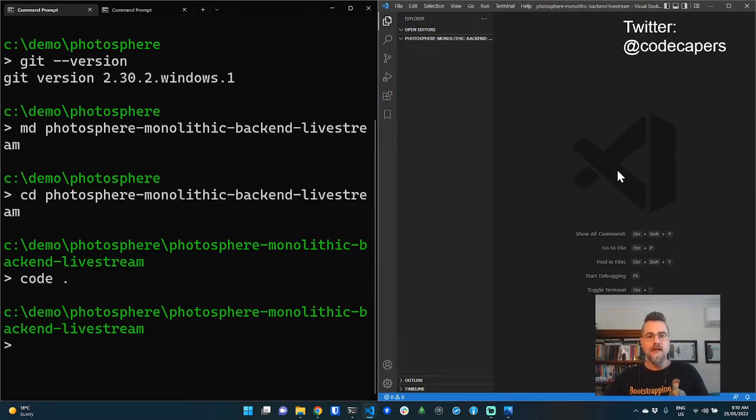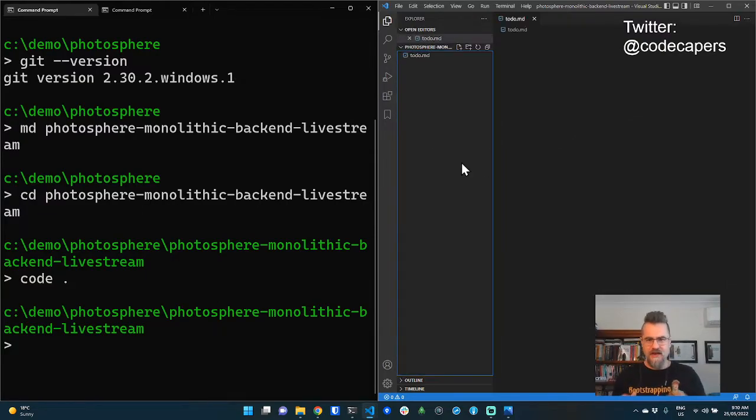Now, I think the first thing I want to do here is kind of make a to-do list. I've done a fair bit of planning for this already, as you might imagine. So, I've thought about it for a long time. I've written my own user stories. I've made diagrams. I've in fact written this to-do list before, which is why I can just cut and paste it now into the window here.